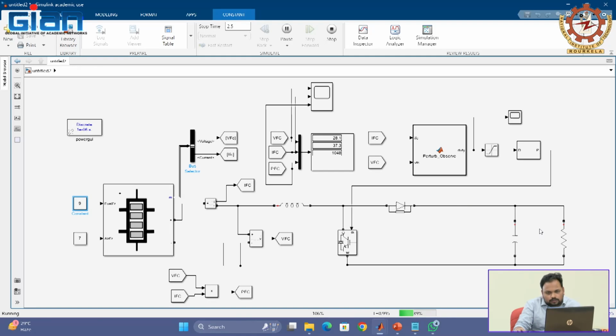This is working with the source change. It is also working with the load change. If the load changes suddenly or gradually, then it is also able to track that change. So to demonstrate that, I already designed another model